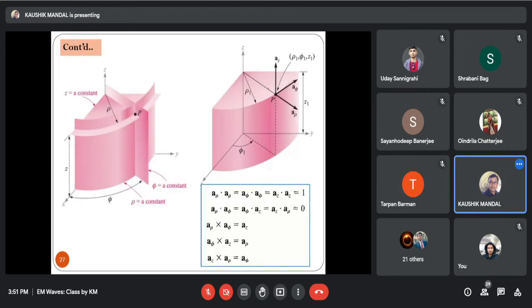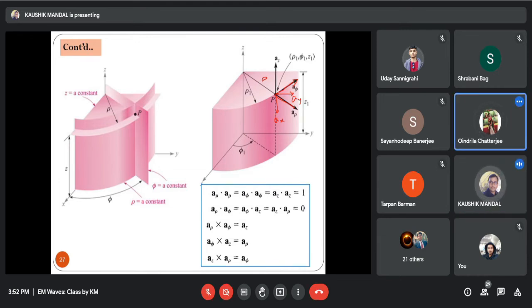In this particular figure, this is your unit vector a rho, this is your unit vector a phi, and this is your rho. Now you just draw the corresponding x and y vectors. That will be your ay, and that will be your ax. Right? Is there any doubt regarding the unit vectors ax and ay? Yes, sir. So simply that thing has been redrawn at the time of solving the problem.